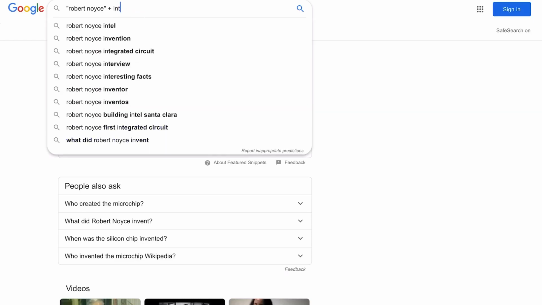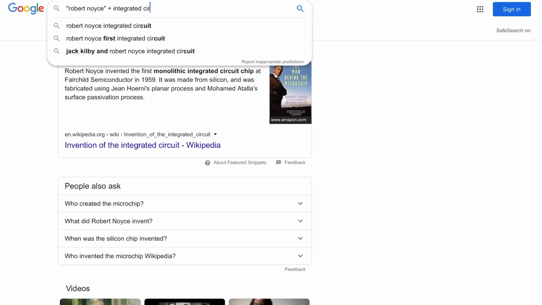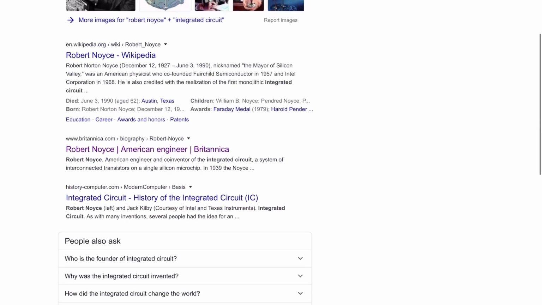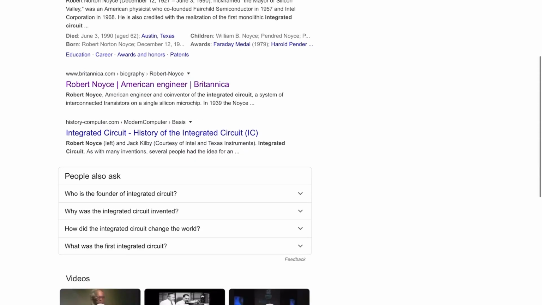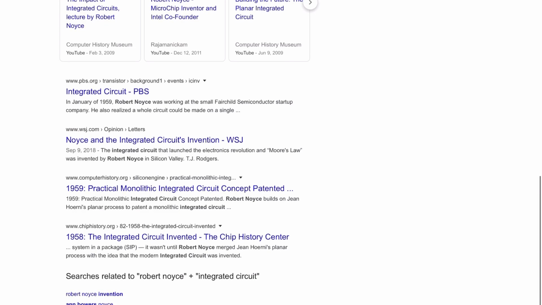and be as technical as I was before with my searches, because I found out that the integrated circuit, remember this is going to be a phrase now, so I want my speech marks in there, and it means that now I've got something that is all linking together. Integrated circuit, the history of the integrated circuit, and this is exactly what I want.